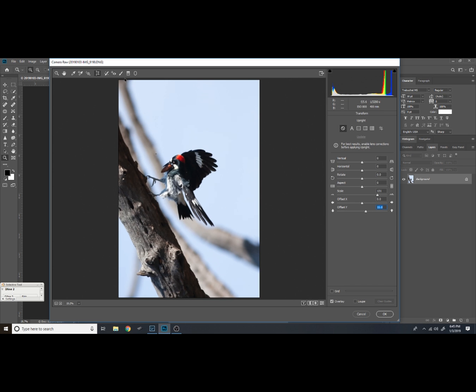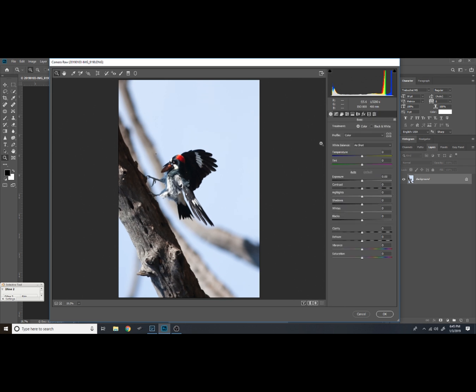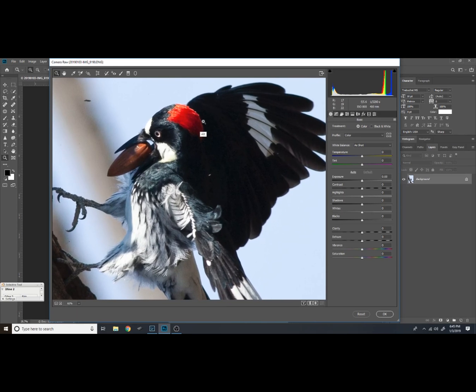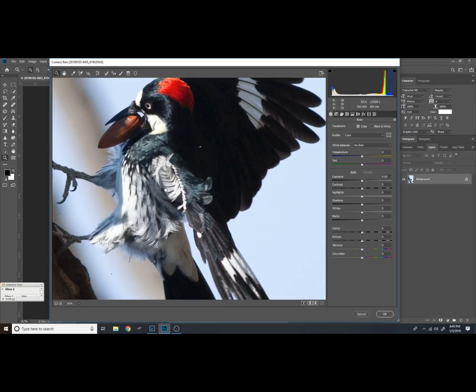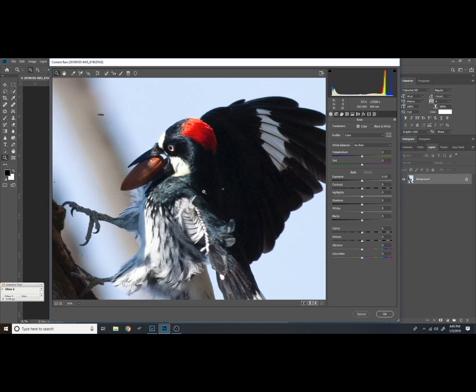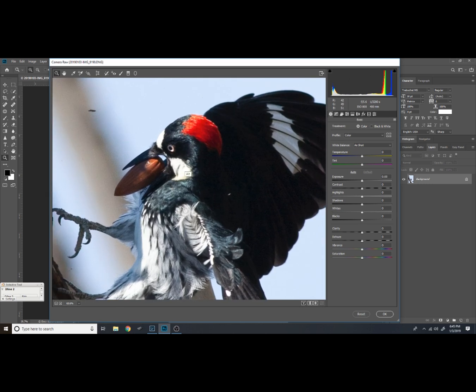And I think right in there. Now let's go over here and make some basic adjustments. Let's come in on this a little bit and see, it's still really sharp, you know. And just to look at all that, you can see the little saliva or bird saliva on the acorn,